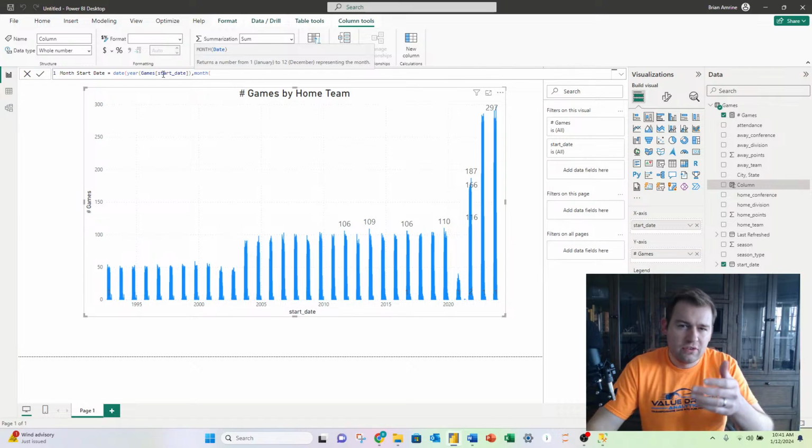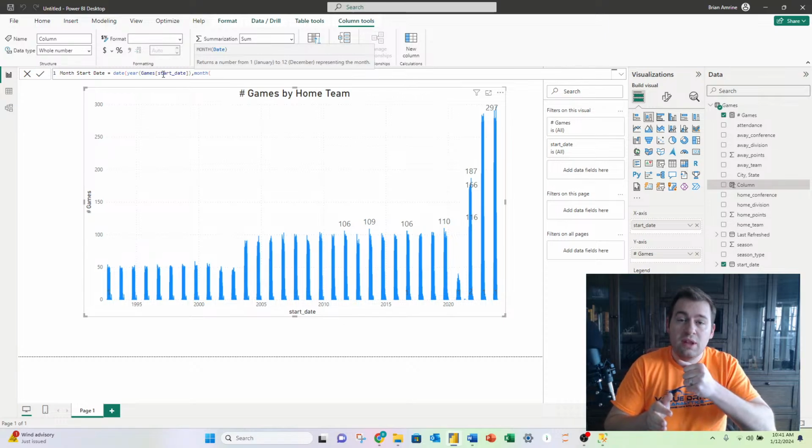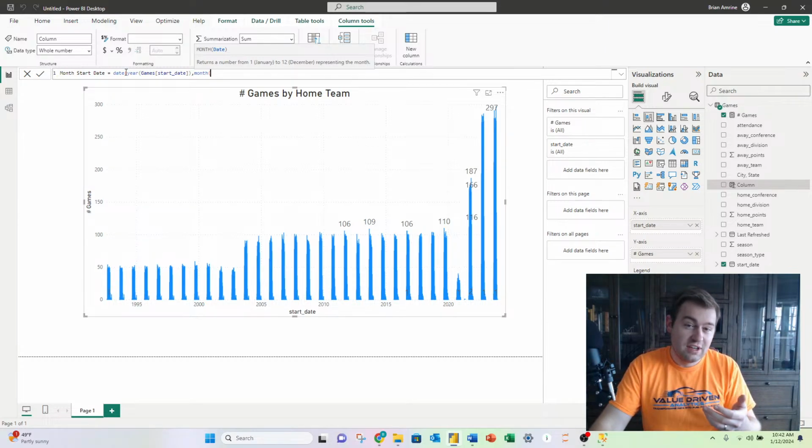This is a simple one where there's only one argument, which is a date. And it takes that date, which is in date format, and it extracts from it the year. So we want to preserve the year of the date in question, the start date of the game. We want to use the same year, and so we're just extracting the year part of that because our date function, the outer function here, is